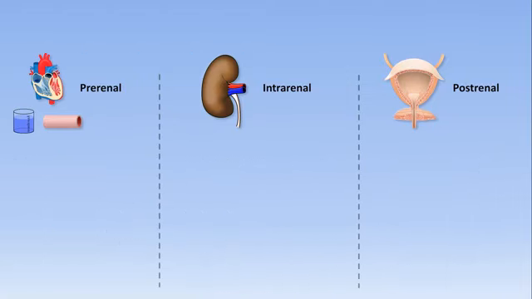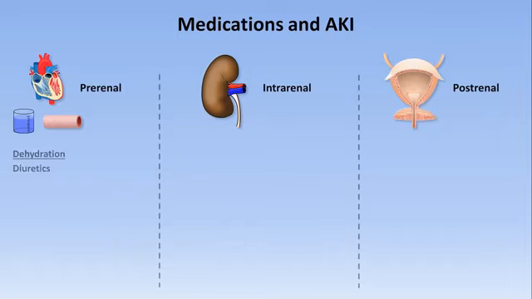So I mentioned that there were some medications that could lead to AKI, but this is a big enough problem that I think it's worth discussing in more detail. After all, medication-induced AKI is one of the few causes of AKI which is iatrogenic. These medications can be grouped according to the mechanism by which they cause AKI, analogous to how all etiologies are grouped. So first are those meds which cause prerenal problems. The obvious ones here are diuretics leading to dehydration.